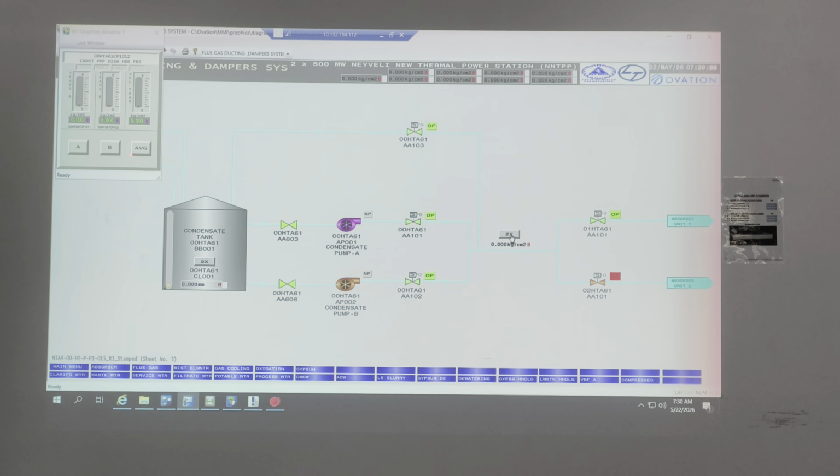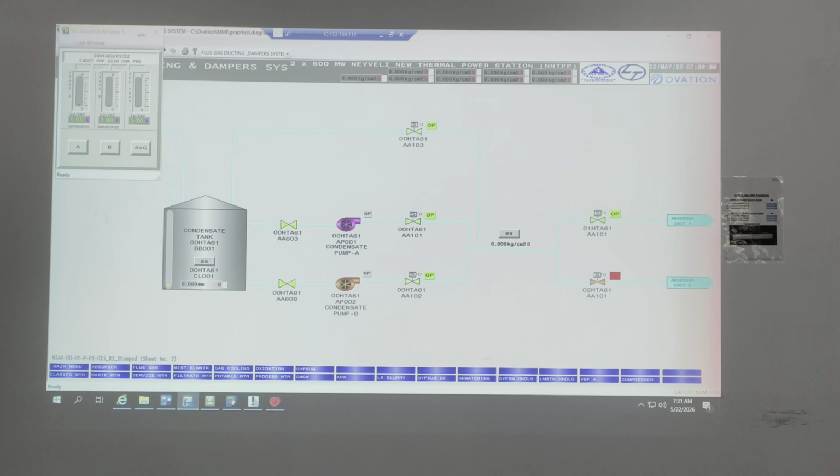Here, you can put average. Automatically it is average. But if you have two transmitters, A and B, and now you want to choose A is better, you can make A. Press here, A is better. Press B, B is better. And average means both. Right? So from here you can do like this.